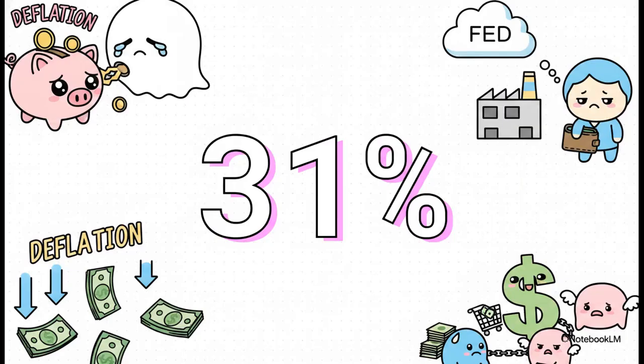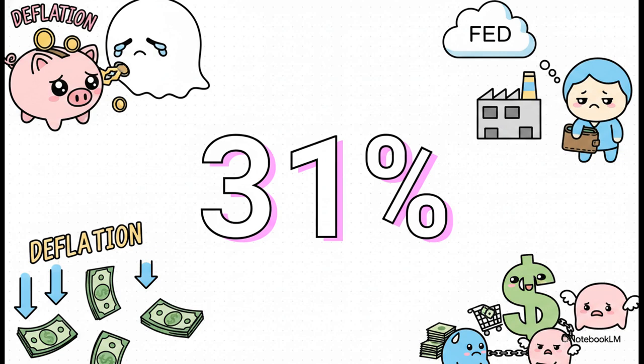As one-third of American banks failed, the terrified public started hoarding their cash, which caused the U.S. money supply to plummet by 31%, leading to crippling deflation. Now, deflation means the value of money actually goes up. That sounds great, right? Until you realize it completely stops consumers from spending, it discourages businesses from investing, and it massively increases the burden on anyone holding debt.